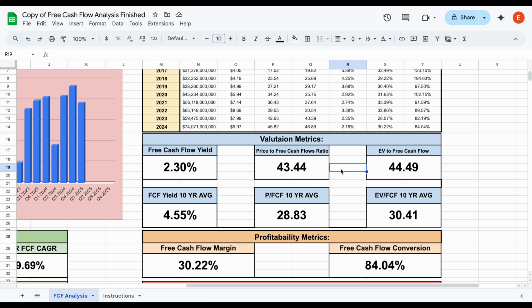Now, obviously, all these metrics are somewhat unique in their own way, but essentially what we're doing again is looking at how the company has been valued using these metrics over the past decade compared to how they're being valued right now. And it looks like in all three of these scenarios, the company looks more expensive compared to how they have historically traded, just like they were with the price to earnings ratio.